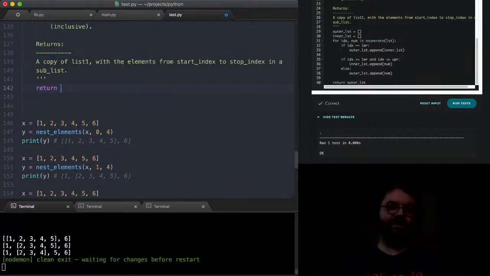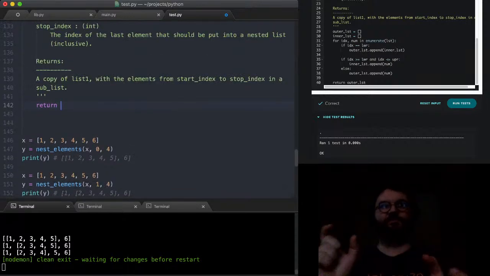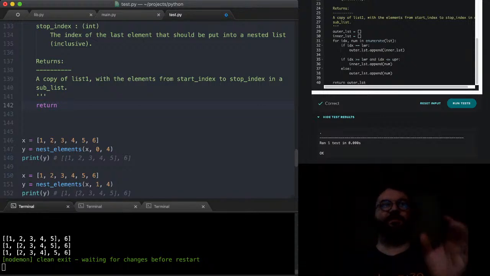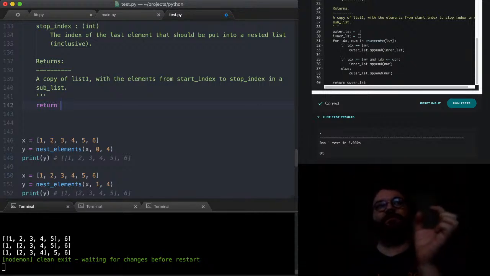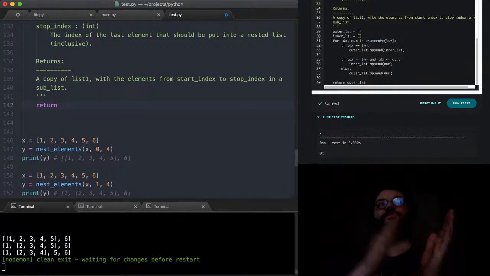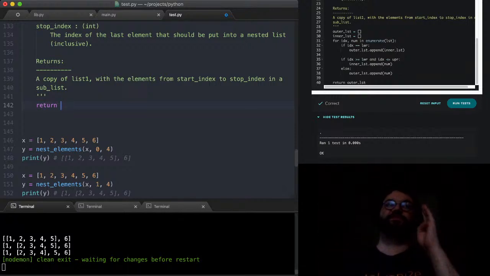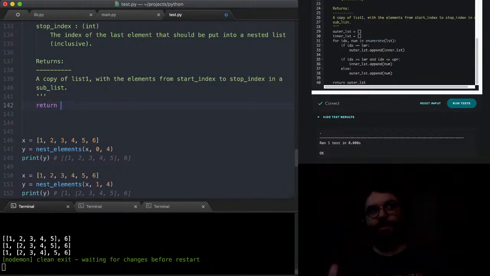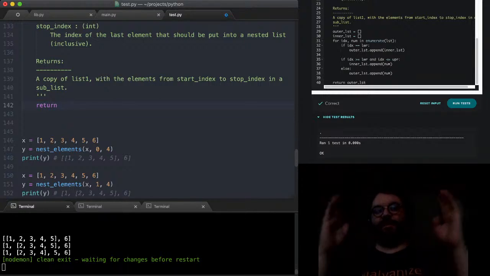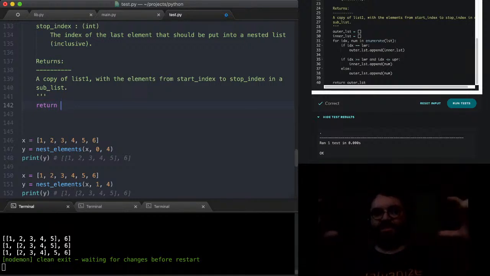Okay, so what we can do actually is we can think about this as 3 slices. We can slice the beginning up to the appropriate bound. So we can start at the beginning and go up to the lower bound. Then we can start at the lower bound, go up to the upper bound. Then we can start at the upper bound and go to the end, right? And that middle section we can just put inside another list, concatenate all 3 of those lists together, and we'll